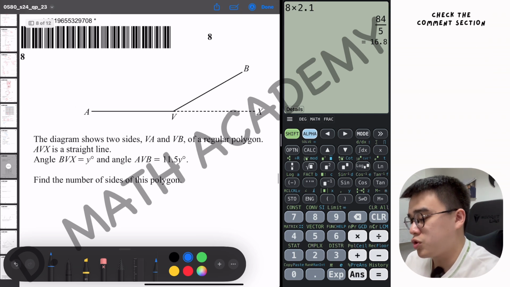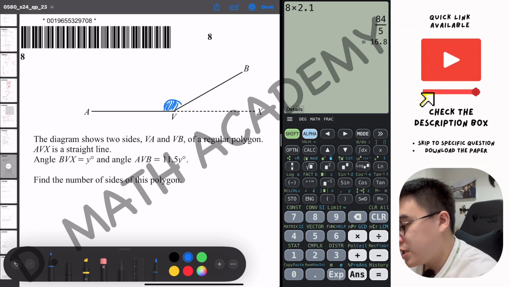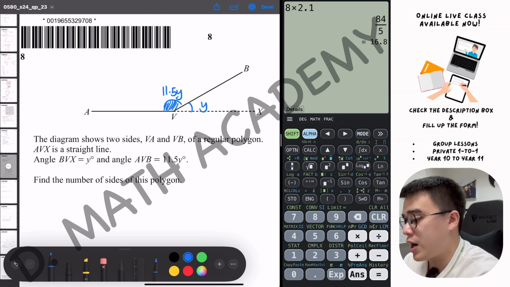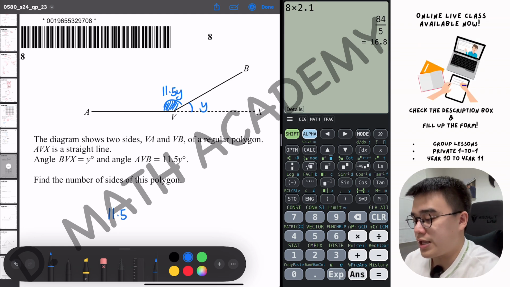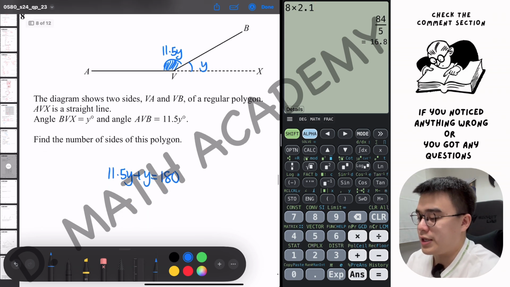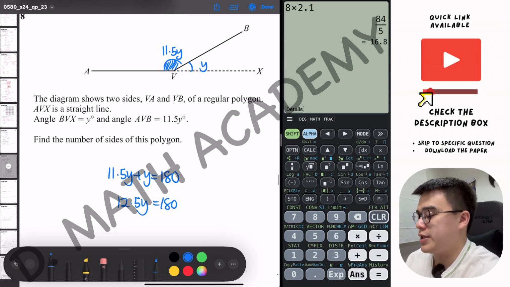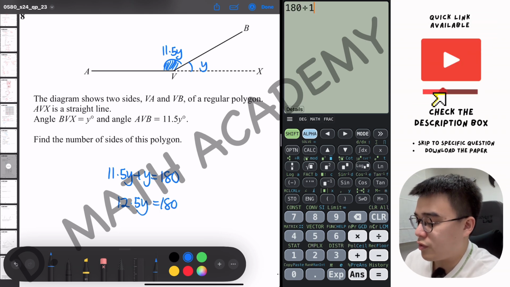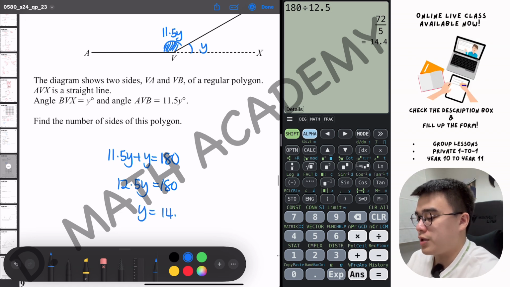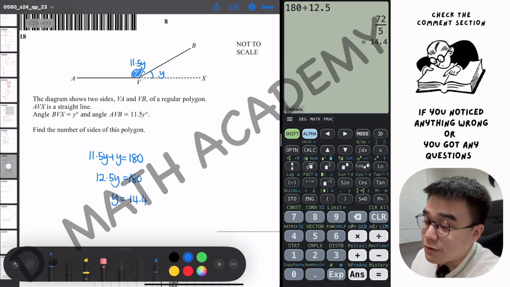Okay, so I'm going to zoom in and fill in some crucial information here first. Knowing that this is 11.5y, the other side is y, so please add them up. It should be equivalent to 180. So 12.5y equals 180. 180 divided by 12.5, so your y value is actually 14.4, but please don't stop here, because ultimately they're looking